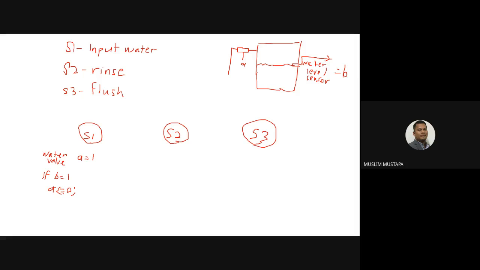Then what happens? This is where you determine your condition. How are you going to move to the next level? There's going to be a clock cycle. So at every clock cycle, what are the inputs that you have to check? Then you can set your state here. So if B is equal to 1, then when the water has reached a certain level, then state